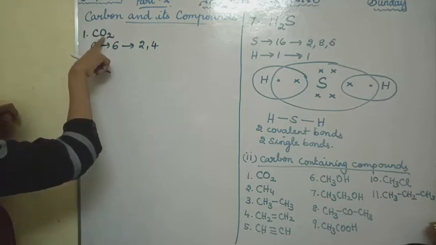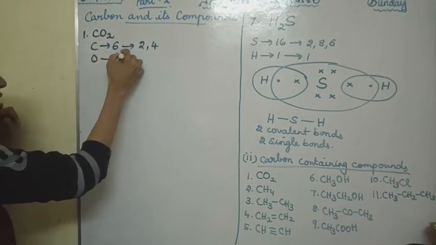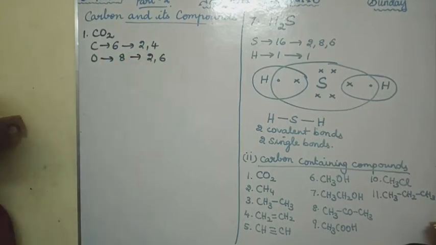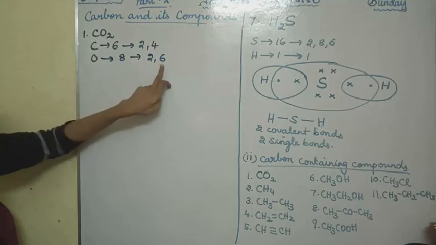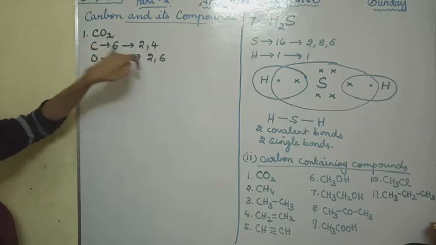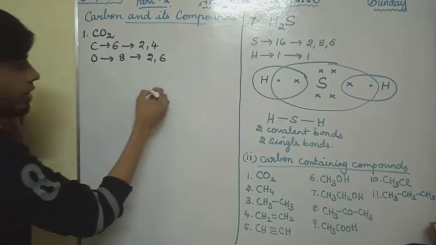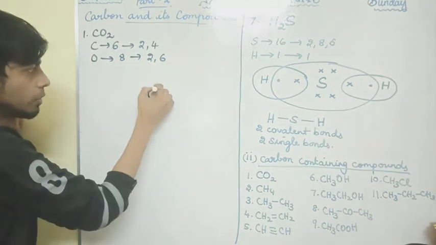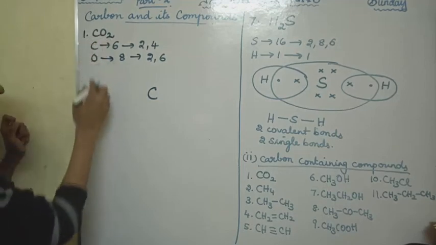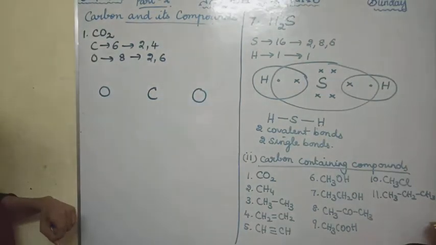And for carbon dioxide, this one carbon is there and there are 2 oxygens. So oxygen, the atomic number is 8. So 8 means it is 2, 6. Okay, so 6 dots you should keep for oxygen, and for carbon, always remember for carbon you should keep only 4 dots. Okay, so carbon dioxide we are going to draw. So C I am going to draw in the middle. And how many oxygens are there? 2 oxygens are there. So one oxygen this side and another oxygen this side I am going to draw.